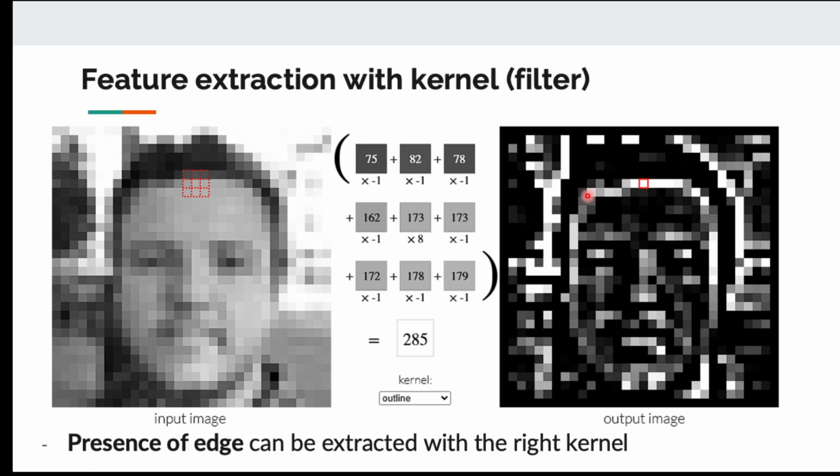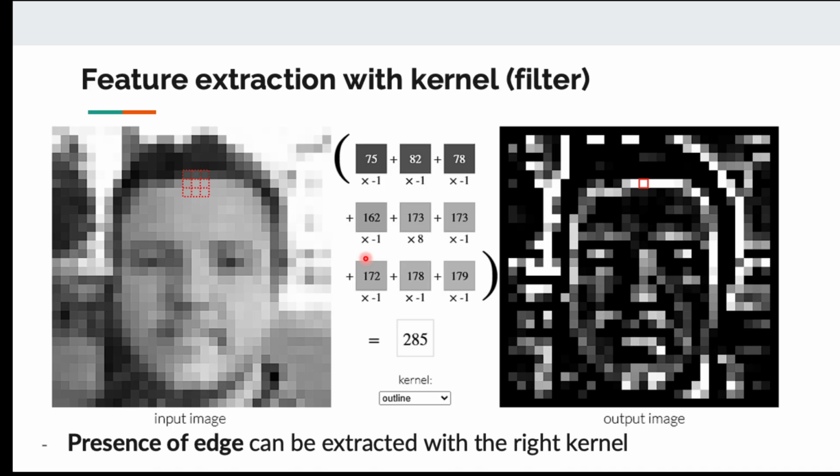This will amplify the signal when you have a change in color. So if you analyze the signal around the boundary between the face and the hair, the signal will be high. But if you analyze the signal in the middle of the hair or in the middle of the face, the signal will be low. So by selecting the right coefficients to do the dot product, you can extract interesting information